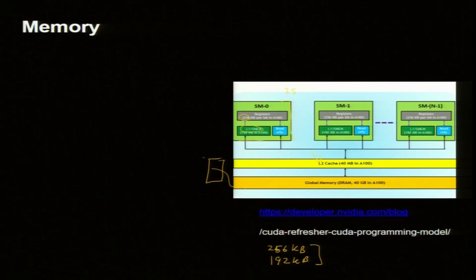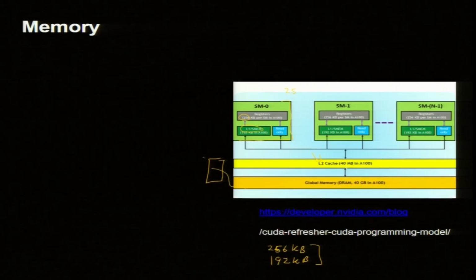That is mem copy. This one does not require a copy. Some data will flow on its own, you do not need to do it yourself. Data will flow from global memory to L2 cache and L2 cache to L1 cache. These numbers are useful if you want to optimize your code. You should choose your threads and blocks in such a way that things are within the SM. I forgot how many blocks you can get in an SM, I do not have the number right now.